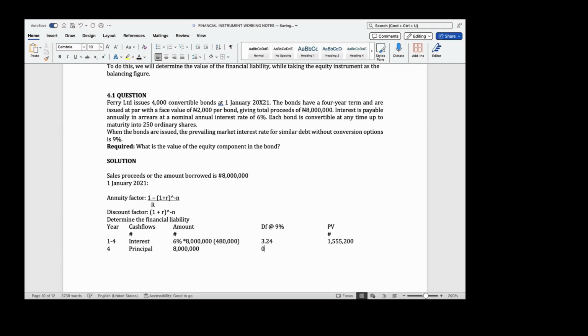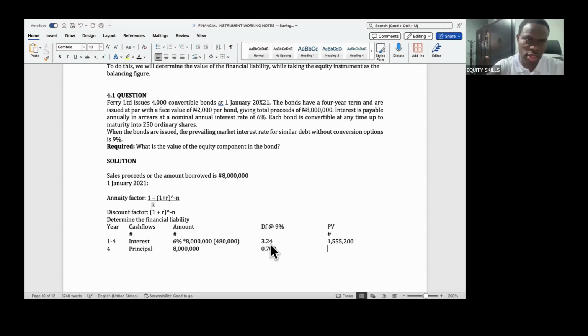If I multiply that by 8 million, I will get 5,667,400. If I add these two present values together,